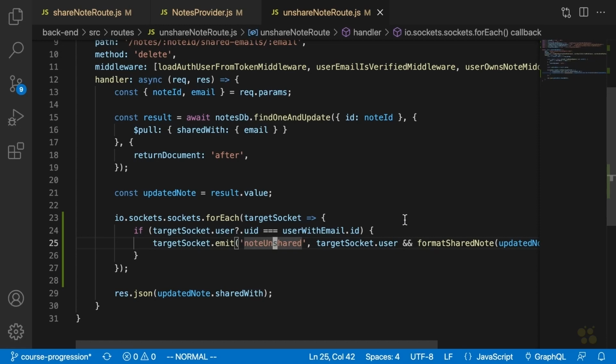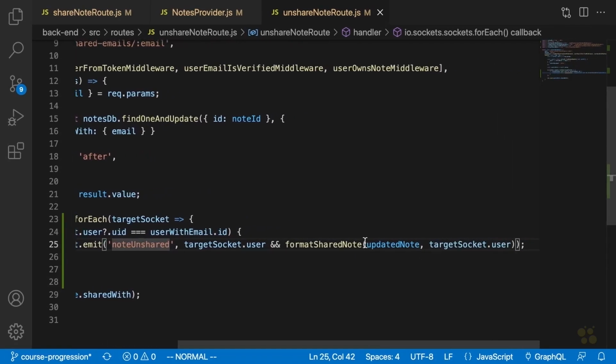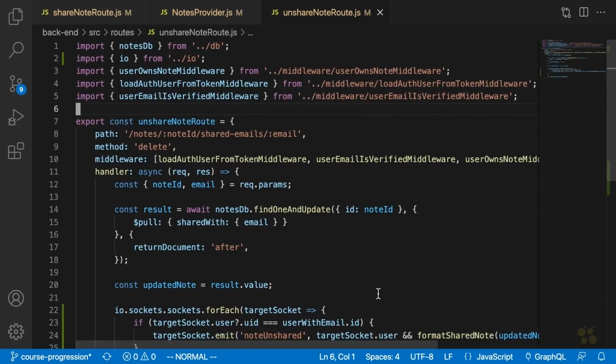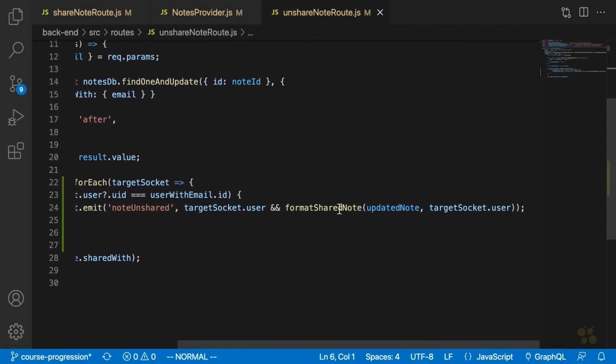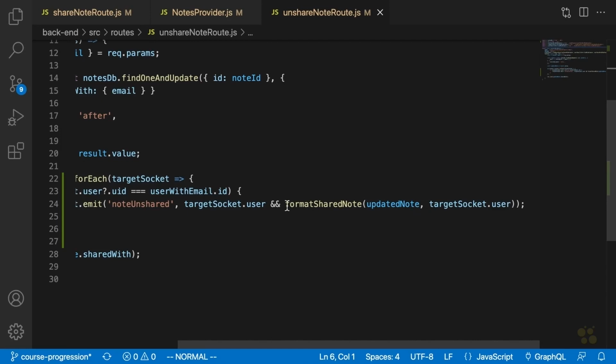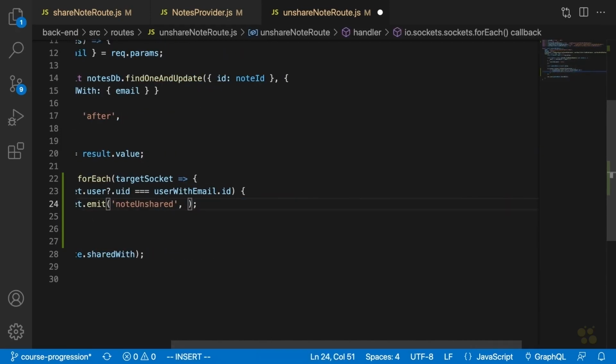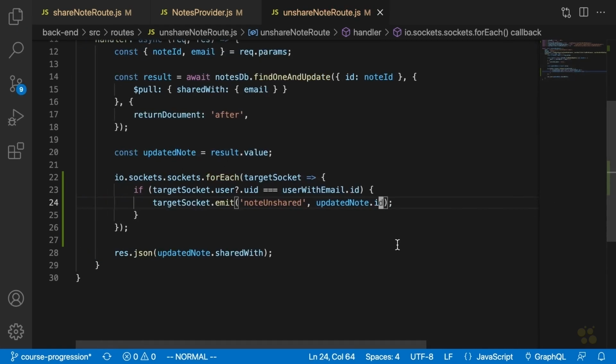Okay, now what we're going to do here is we're not actually going to send back the updated note, so we actually don't need the format shared note thing up here. We are going to send back the updated note's ID. So what that'll look like, we're just going to say updated note.id, and the front end is going to be responsible for taking that ID and using that to remove